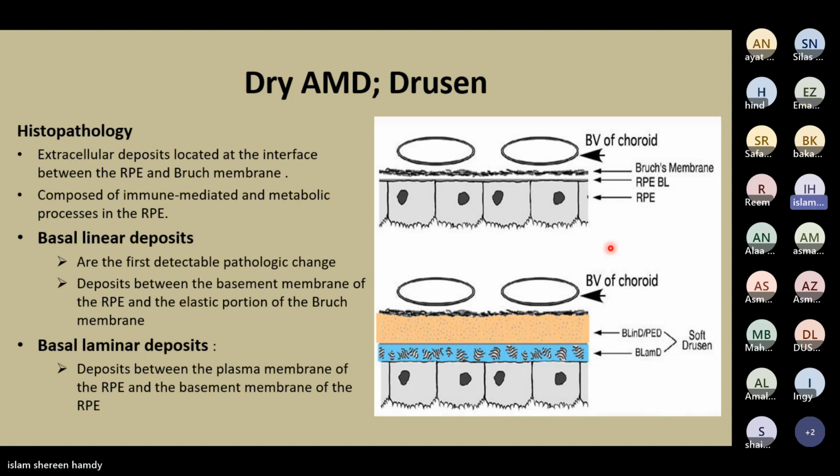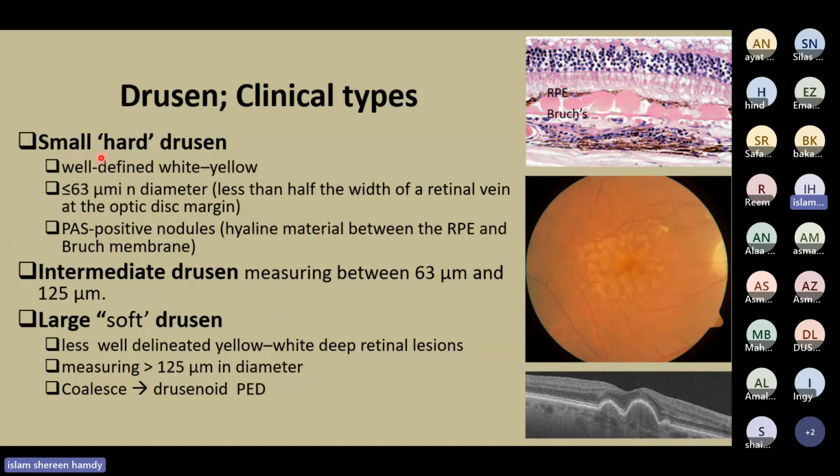Okay, doctor. Okay, so the clinical types, they can be, we have what we call the small hard drusen,